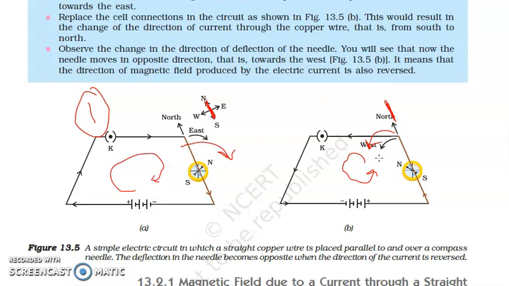The conclusion which we can draw from this figure is, first, that of course a current carrying wire has a magnetic field around it, which we discussed earlier as well. And the second conclusion is that whenever the direction of current in a wire is reversed, of course the direction of magnetic needle deflection, meaning the direction in which the needle is deflecting, will also be reversed. Okay? So this is simple to understand. As the direction of current reverses, the direction of our magnetic field also reverses. Because the direction of that magnetic field is reversed, the deflection of that magnetic needle will also get reversed.